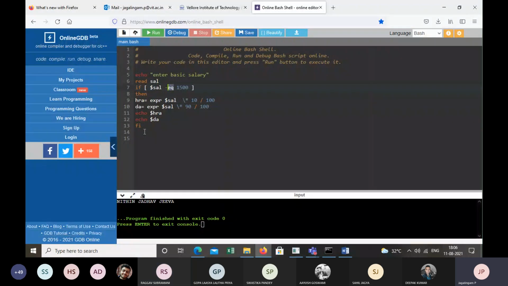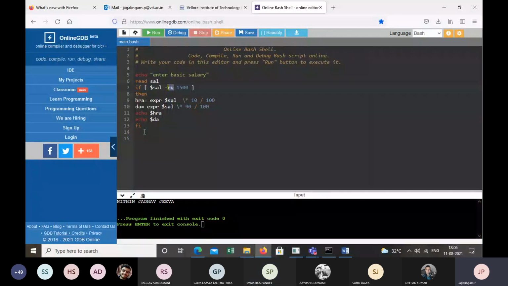But what do you observe in line 7 and in line 13? Sir, in line 7 it is IF, and in line 13 it is FI, just the reverse of that string. What does it mean? Sir, to stop that if condition. Yes, we are just closing the if condition.